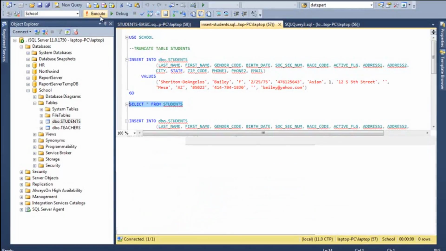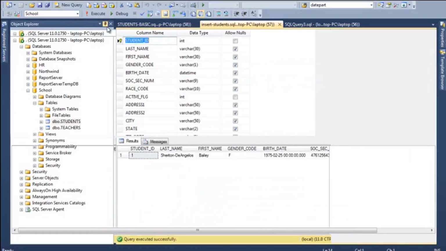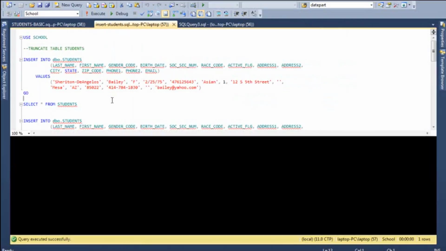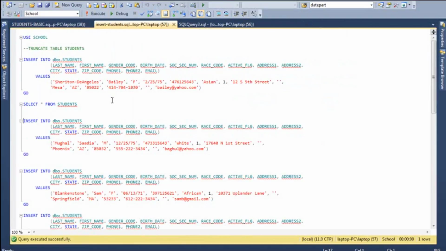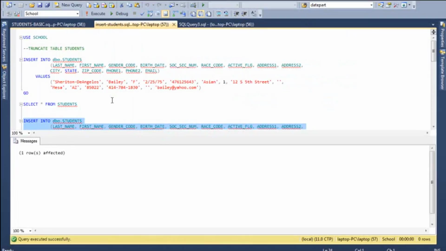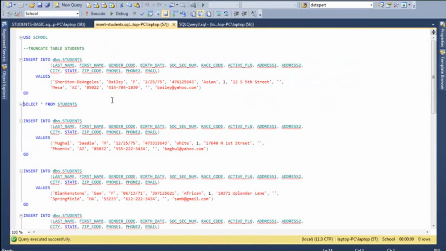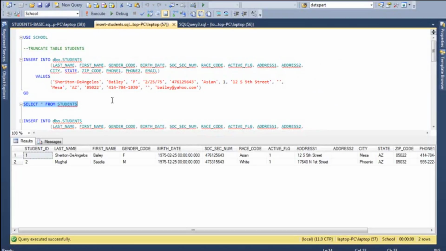So now we entered the record. Again, if I run the select, we have one record. Okay, I am going to run these next insert statements and show you some of the things. So let's try this second one. Okay, that works. Now if I run the select, by the way, in SQL you can highlight the query and